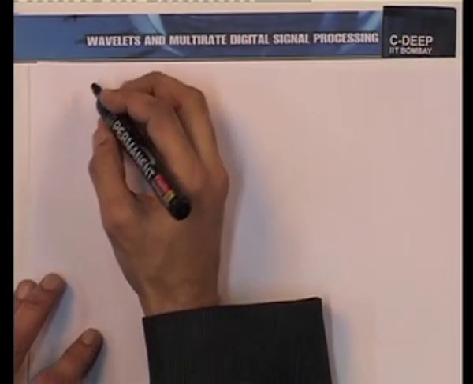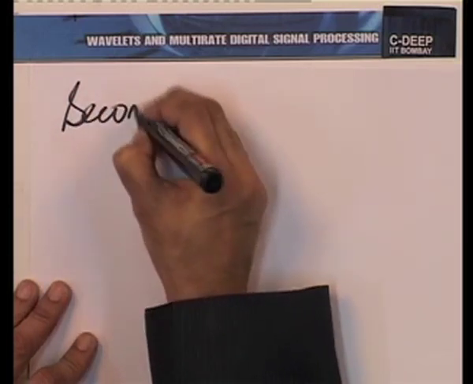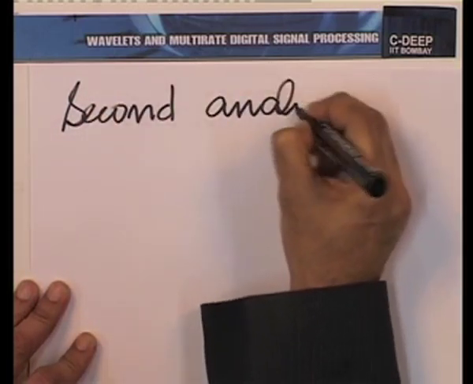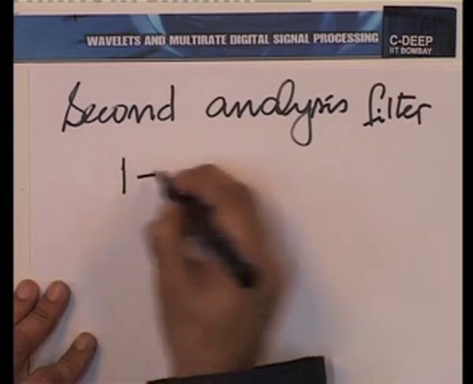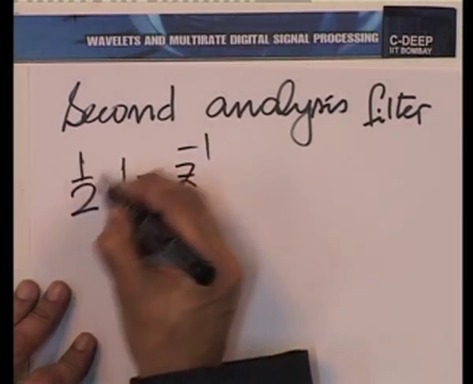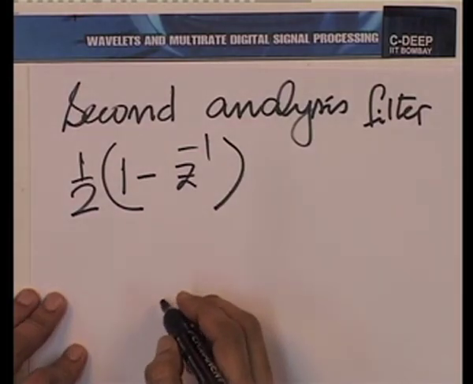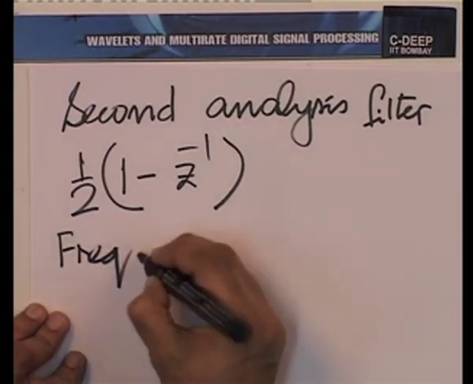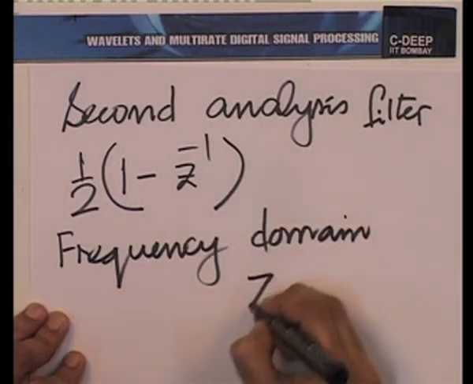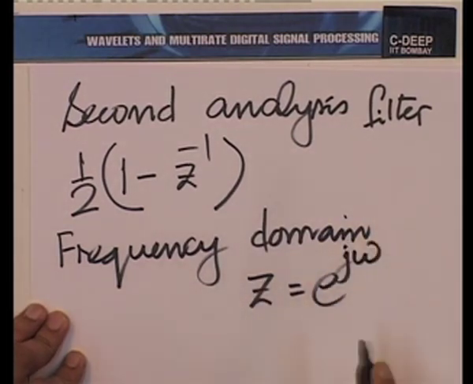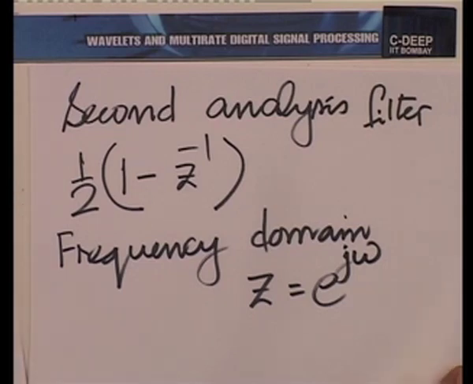And if we look at the second filter in the Haar filter bank, we shall have something similar. So, let us look at the second filter, the second analysis filter. And that is of course 1 minus Z inverse into half. Let us again find out how this filter looks in the frequency domain. So, the frequency domain would show it as Z equal to e raised to power j omega, whereupon we have 1 minus e raised to power minus j omega, by 2,